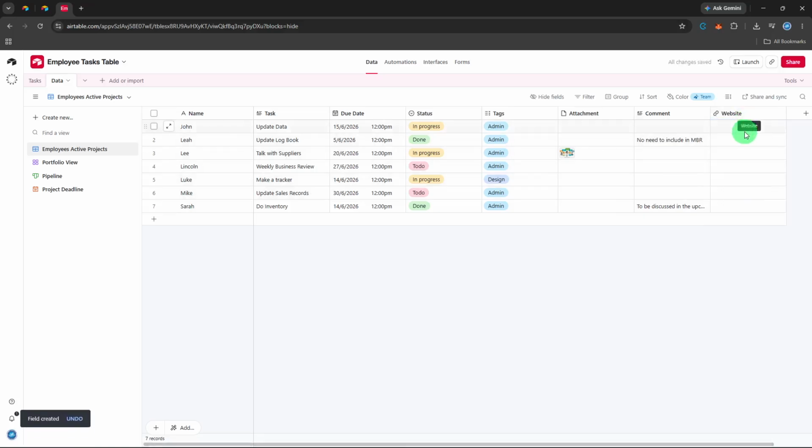Here's where the magic happens. Click into any empty cell inside that new URL column. Paste a website link, for example, https://example.com, or whatever URL you need to store. Then press Enter on your keyboard to save the link. Airtable will automatically recognize it and turn it into a clickable hyperlink. So if you or anyone on your team opens that record later, they can click the link and go straight